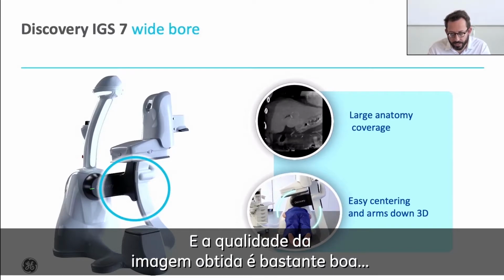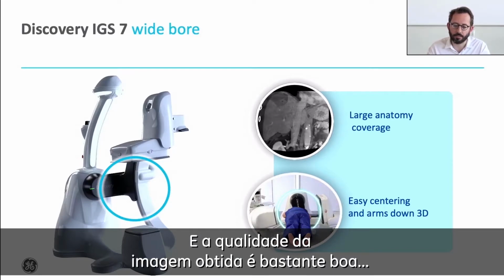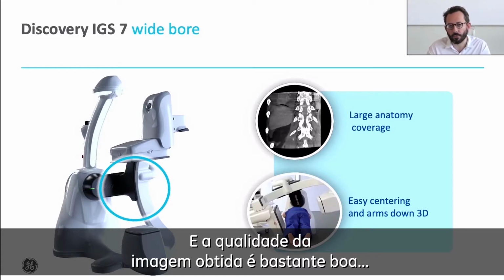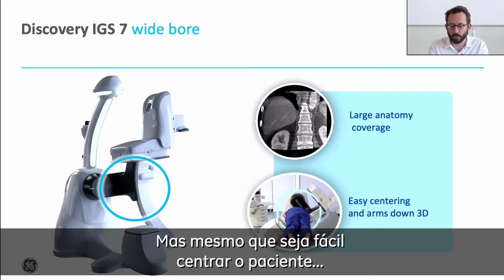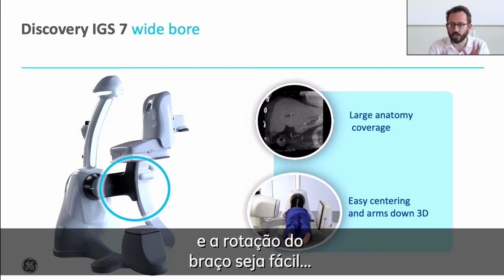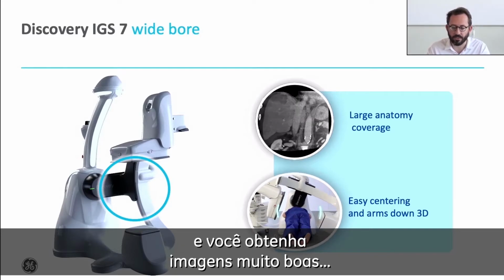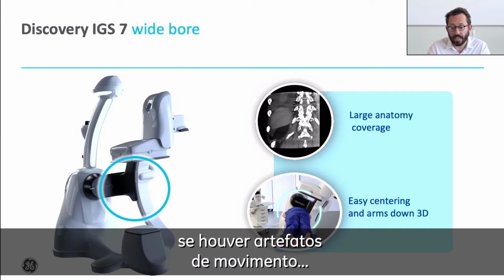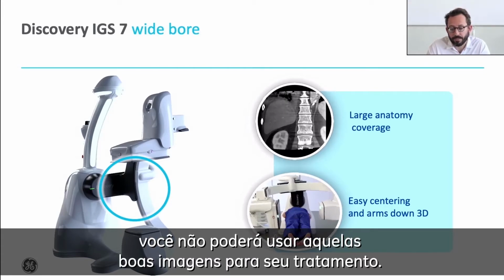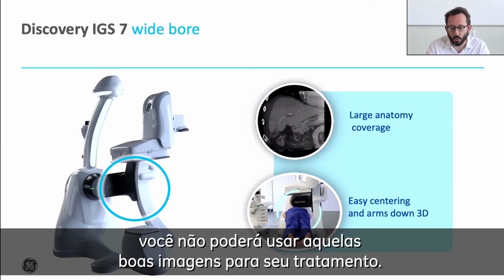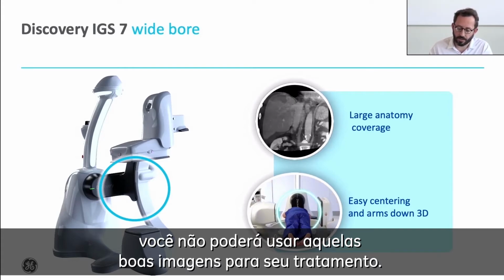And the quality of the images you get is really good enough for you to do a very accurate treatment. But even if the patient is easily centered and the rotation of the arm is easy and you get very nice images,